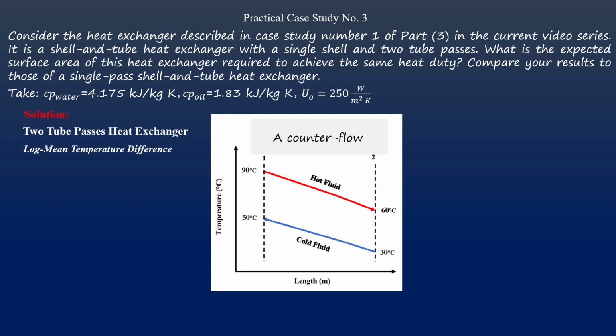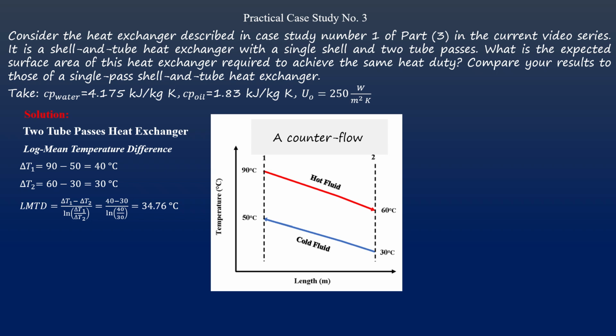Usually, the log mean temperature difference is based on considering counterflow with the correction factor for the two tube passes. Then we have the general form of delta T1 at the end, number 1, 90 minus 50 equal to 40 degrees Celsius, and delta T2 is equal to 30 degrees Celsius. The application of the relation for log mean temperature difference produces a value for the counterflow equal to